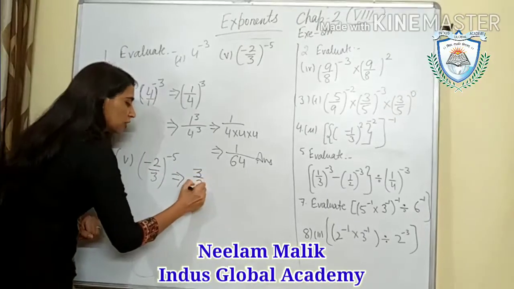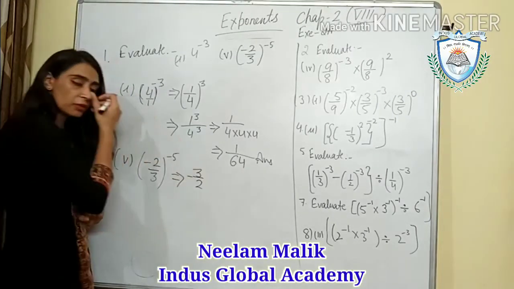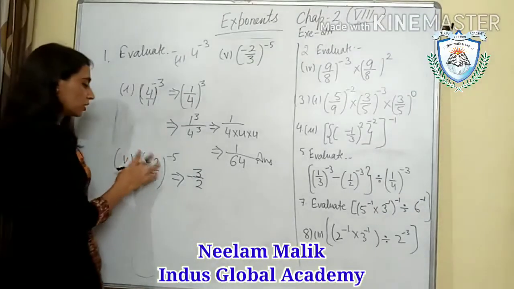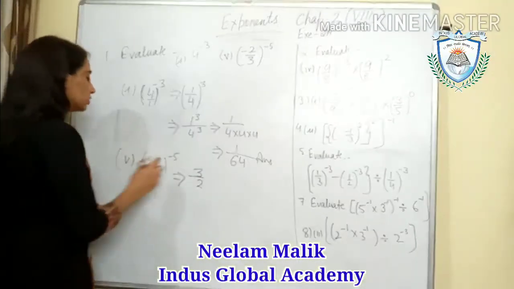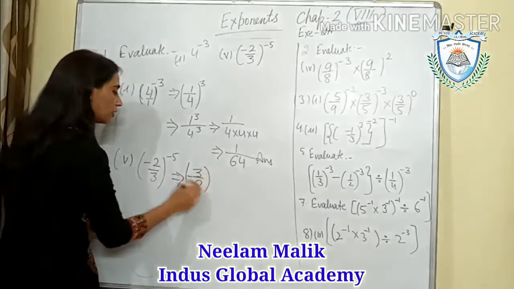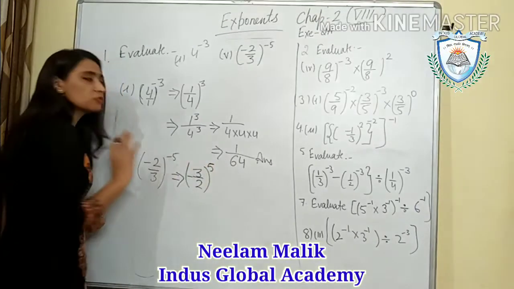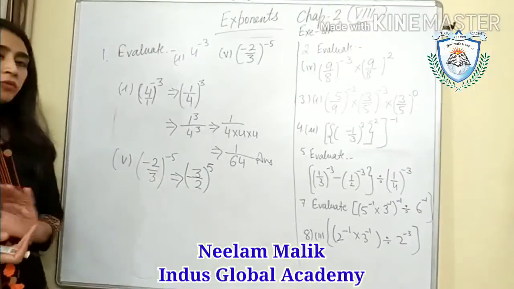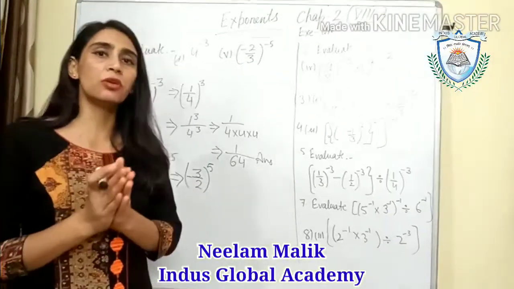It will be 3 upon 2, negative will be negative. Sign will not change, we change sign in the additive inverse. Reciprocal means multiplicative inverse. So this is reversed and the power will be positive. Now minus will be removed. I told you in the identities. What you have to do, first you have to write those identities in your fair notebook.